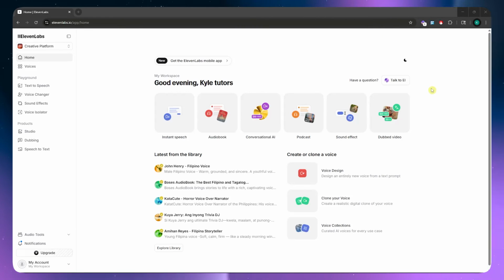In today's video, I'll show you how you can fix unusual activity detected on ElevenLabs. So let's get started. So here I am in ElevenLabs. To fix this, you just simply need to clear the cache for your ElevenLabs site on your